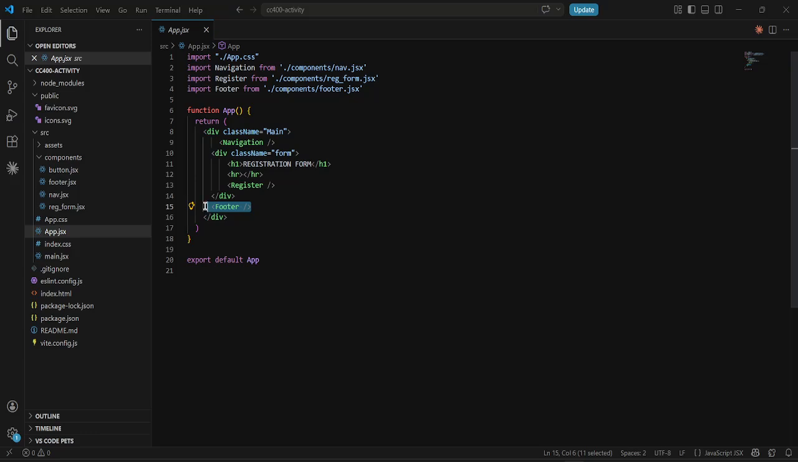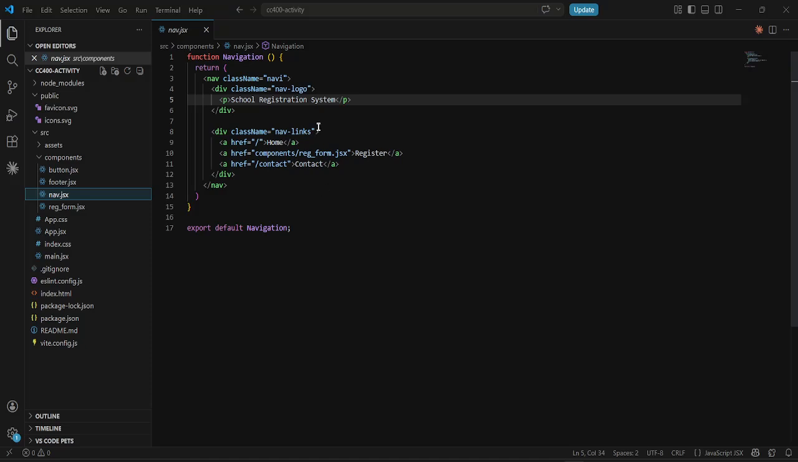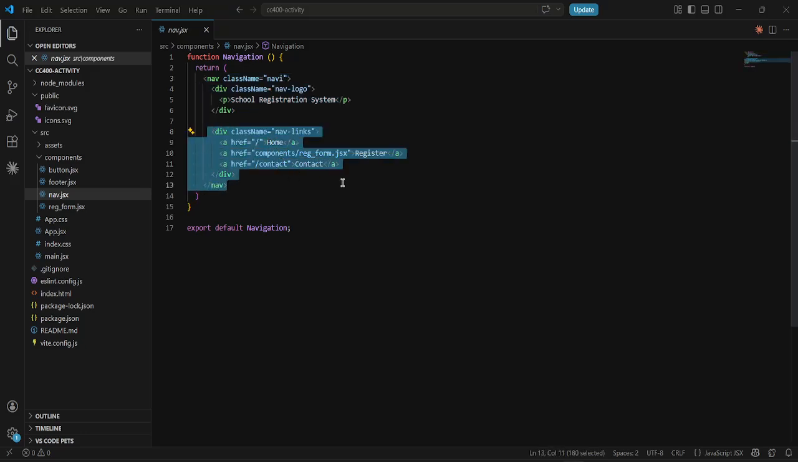Next, we proceed to the navigation component. For the navigation component, on the left side we have the name of the system, which is called Registration System. Then for the right side of the navigation, we have the nav links, which are home, register, and contacts. Currently, we only have register working, which is the registration form. So next, let's proceed to